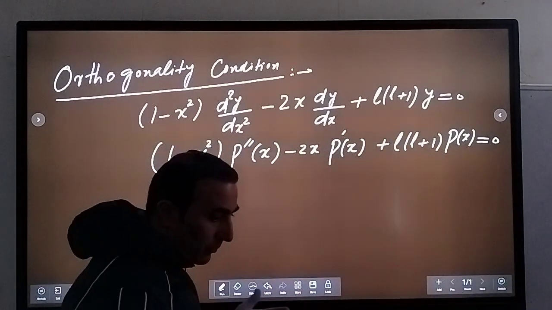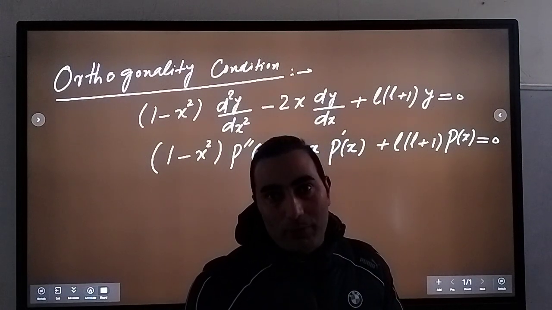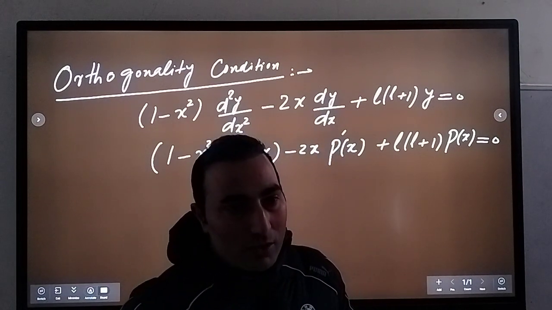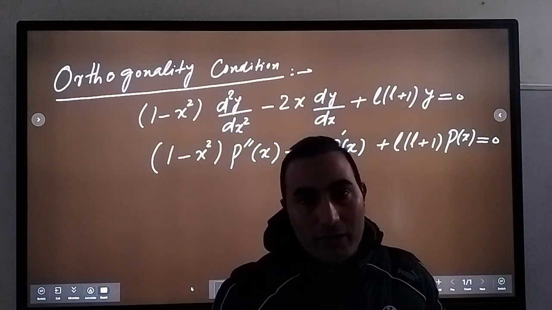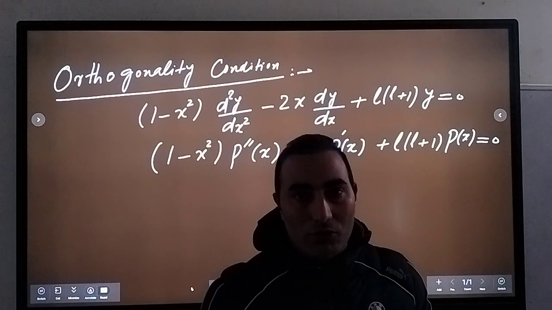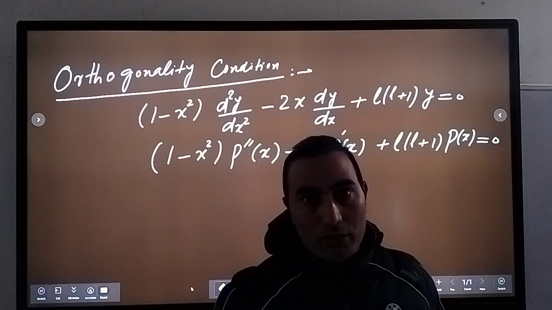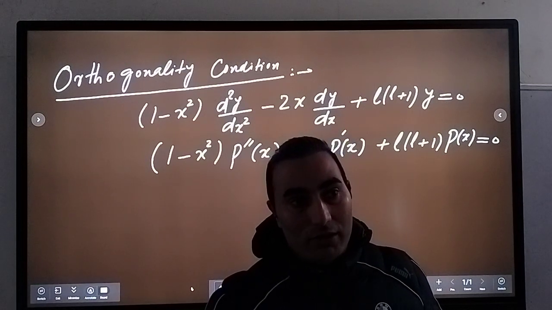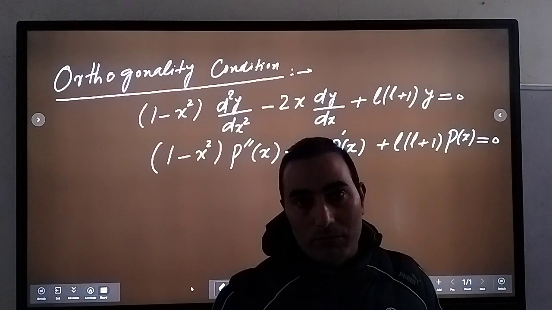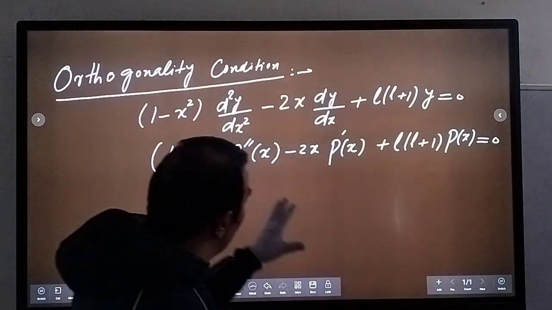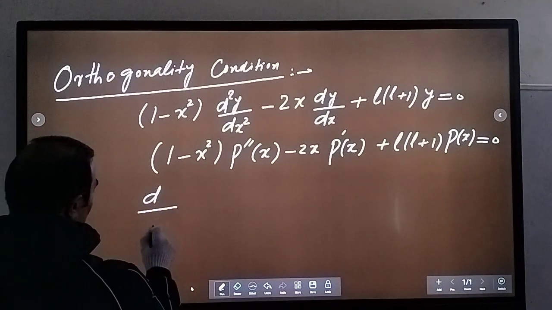Now if you remember when we discussed self-adjoint equations, this is self-adjoint. The condition for self-adjointness is that p0 dash of x should be equal to p1 of x. This is what we have discussed in one of the videos that I already uploaded, where you can check one or two or three examples on the self-adjoint form of a differential equation. So we can rewrite this equation as d by dx of